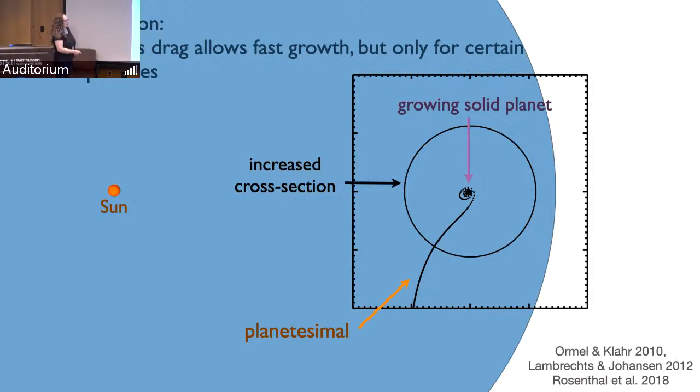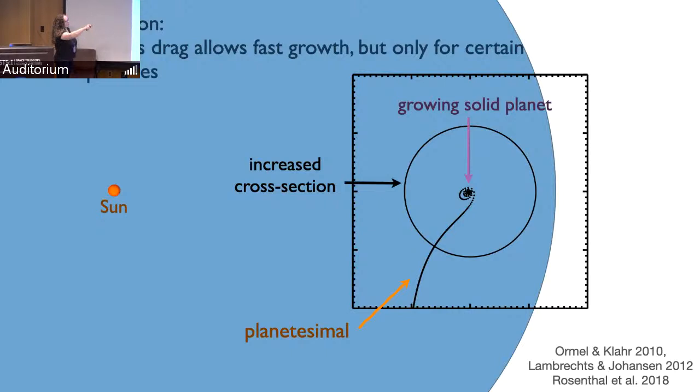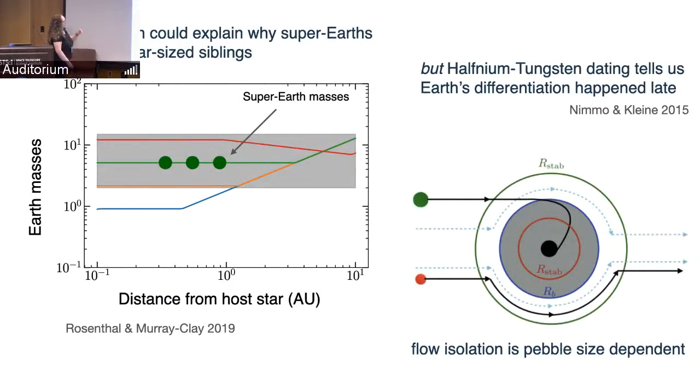You need your particles to be small enough that they're affected by gas, so they're captured essentially by gas drag by this forming planet. But you also need them to be big enough that they aren't just pulled around the planet as the gas moves around the forming planet. So it's a very size-dependent process. It doesn't have to happen, but when you're in the right regime, it's really hard to make this stop. So if you're going to make an Earth-sized thing, you have to understand why this didn't make it bigger, which is interesting.